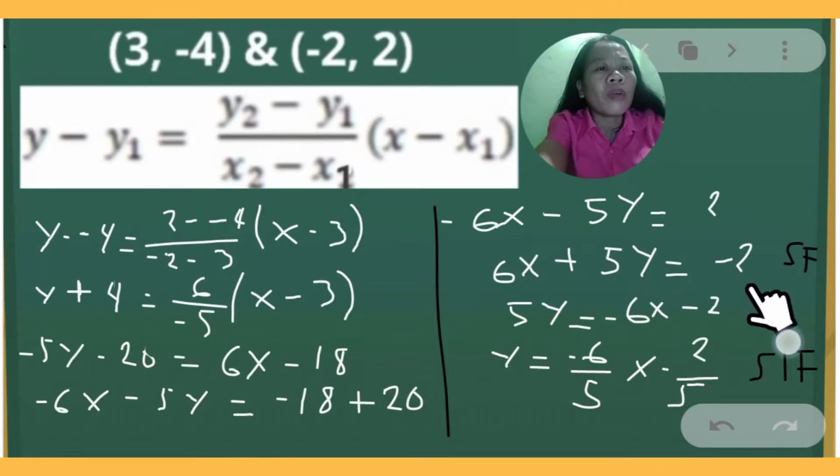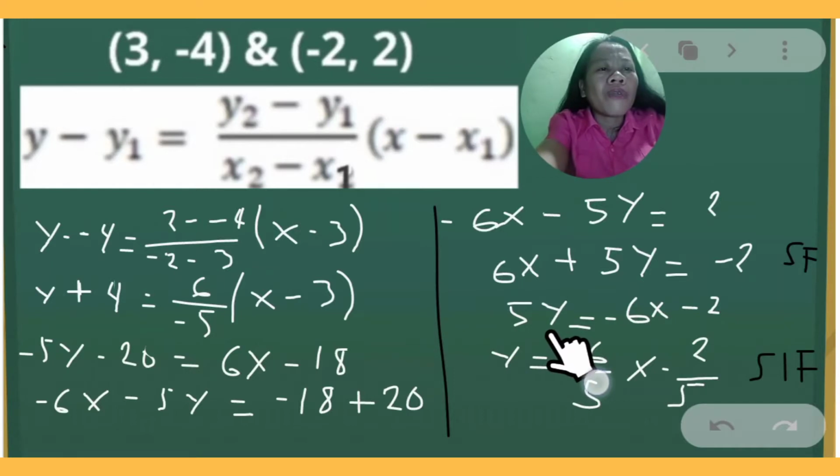To have the slope-intercept form, we are going to retain the ones with variable y. So we are going to retain 5y at the left side. And then transfer 6x to the other side. So it becomes -6x. Just copy negative 2. So we have 5y is equal to negative 6x minus 2. But since we're going to